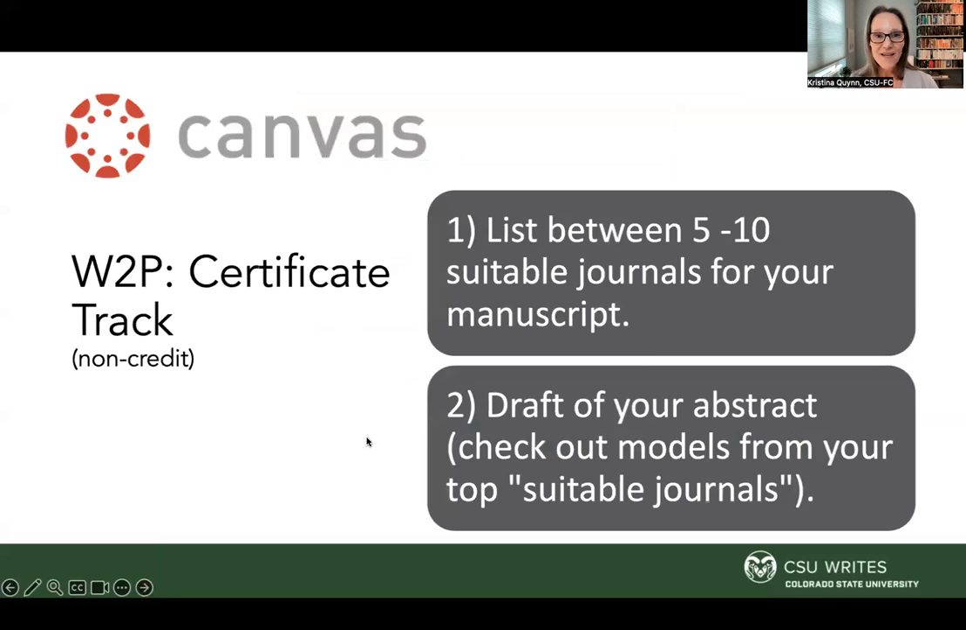That assignment is just 2 things. List between 5 to 10 suitable journals for your manuscript. I heard some of you have very specific journals already picked out and you know what you're working on. And some of you may be thinking, where would I publish what it is that I'm working on? If you're in that latter category, the goal is to find where you would want to publish. If you're in the former, if you already have a journal in sight and you know what you're targeting,